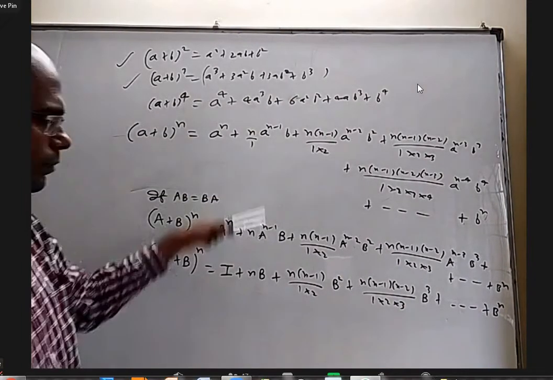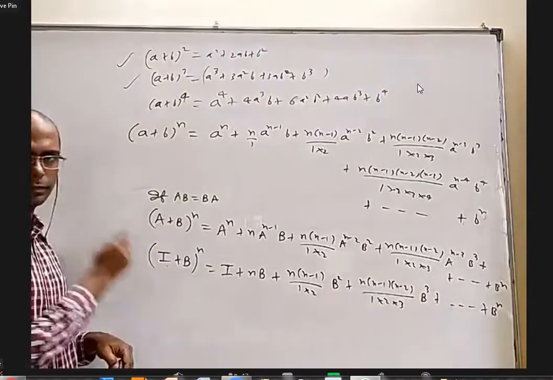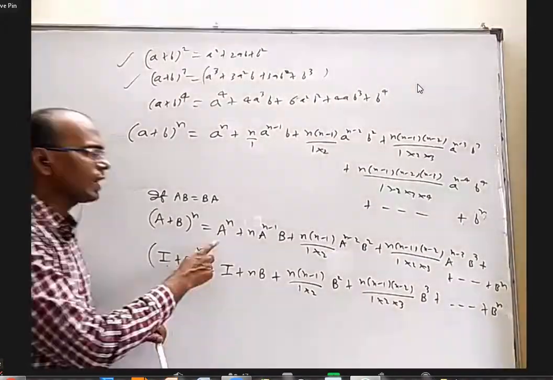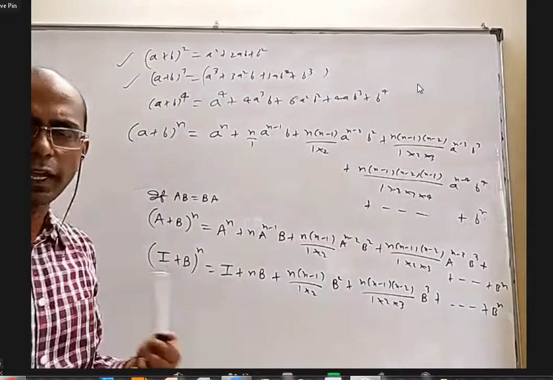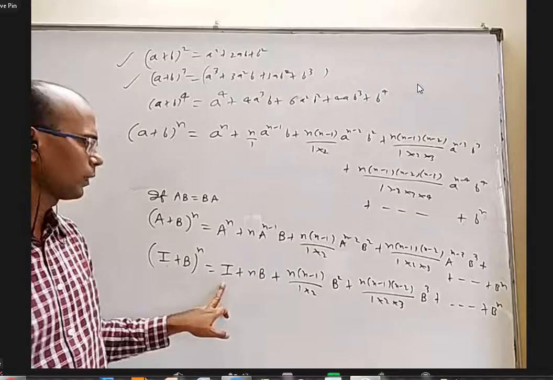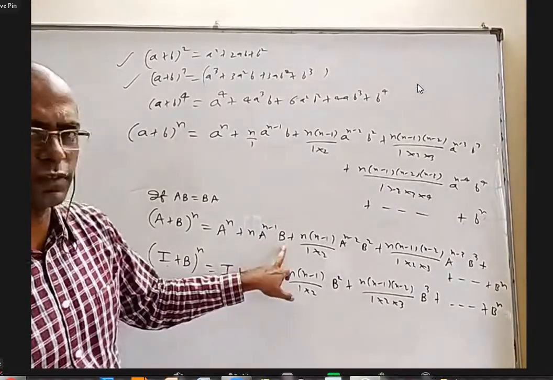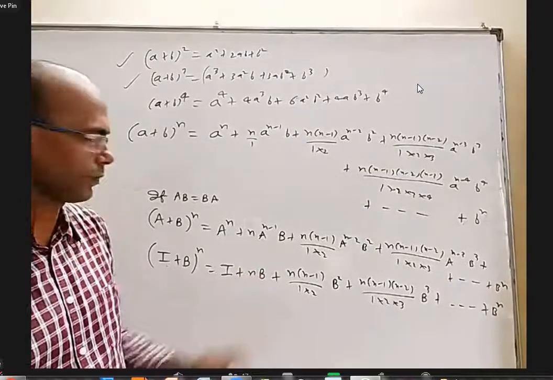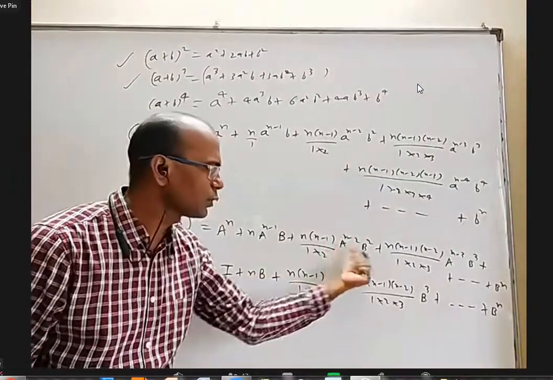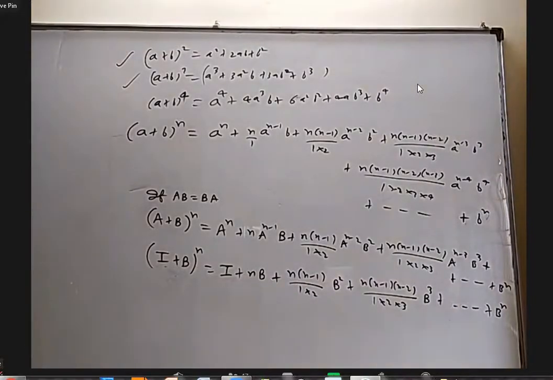This and this are same. Even this and this are same, only I replaced A with I. Okay. And for the identity matrix, I square is also I, I cube is also I, I power anything is I. That's why I wrote I here. And here also, this is the identity matrix only. Identity matrix into anything will be that. So that's why I did not even write I here. This is actually I into B square, which will be B square only. That's why we don't find I everywhere.